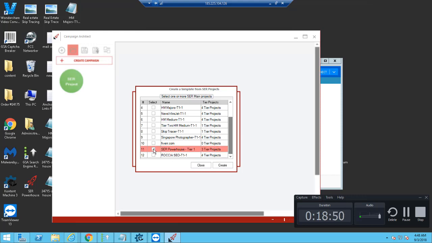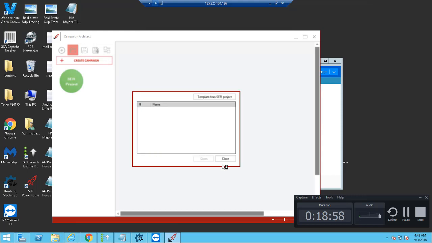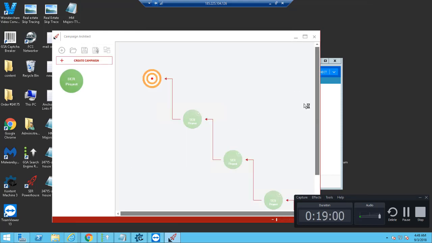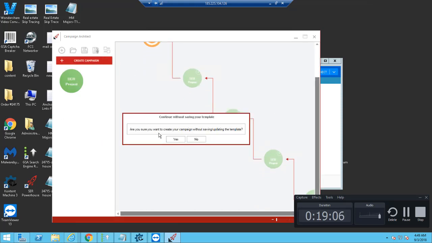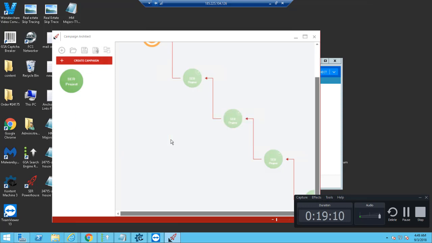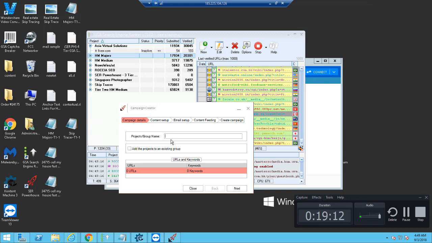This is actually a template that was given out by Content Machine, the creators of Content Machine. Those guys are well known for SEO. So then next thing you do, create. So the template is here already. So next thing you want to do thereafter is create campaign. Are you sure you want to create a campaign without saving updating the template? Yes. So project name, custom gold grills,